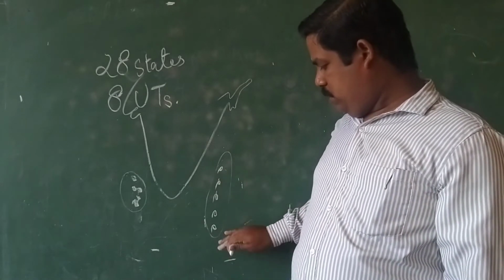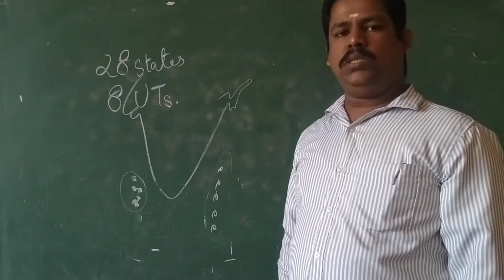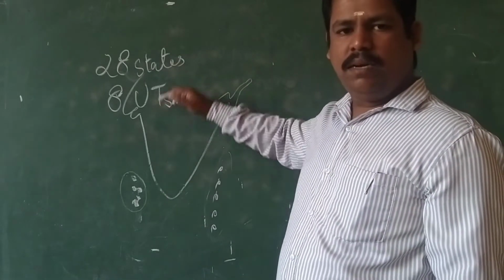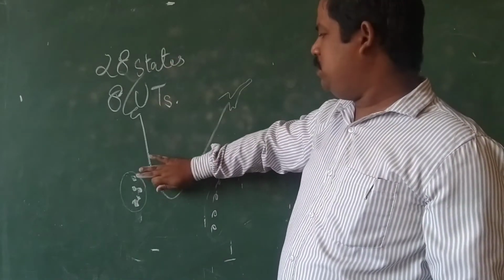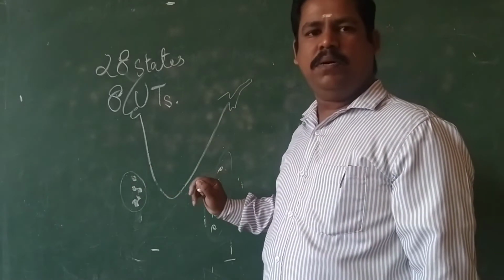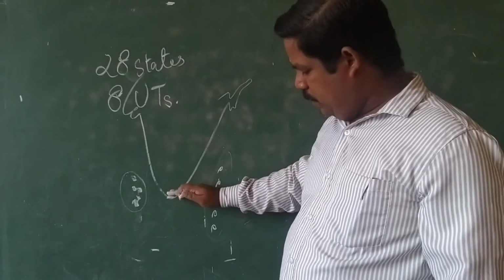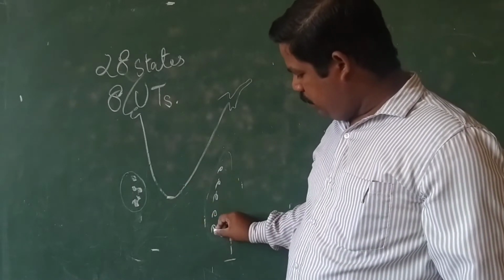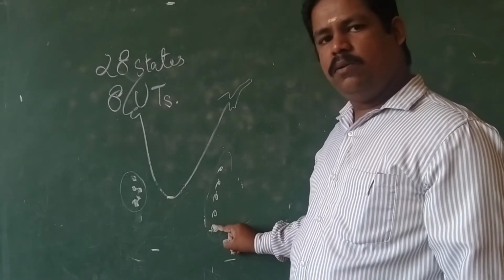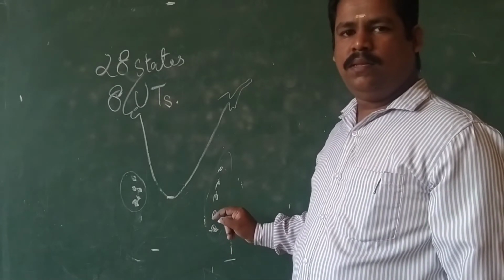Now one more question you can come across: which is the southmost point of India? Everybody will think India is up to here. This is the mainland of India, the main portion, but these islands we also have to add as an integral part of India. So this is not the southmost point. Again come down up to here. This is the southmost point of India, in the Andaman Nicobar Islands. This point is known as, anybody?